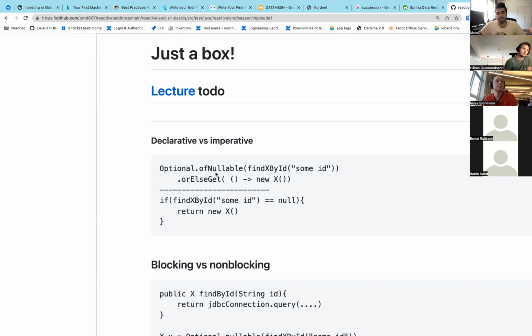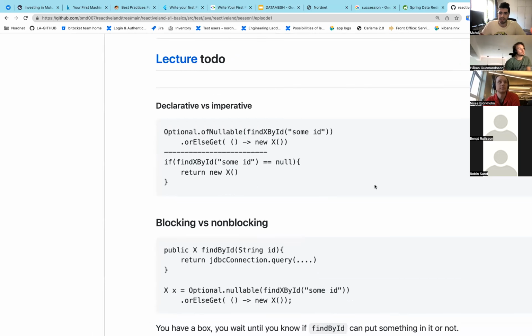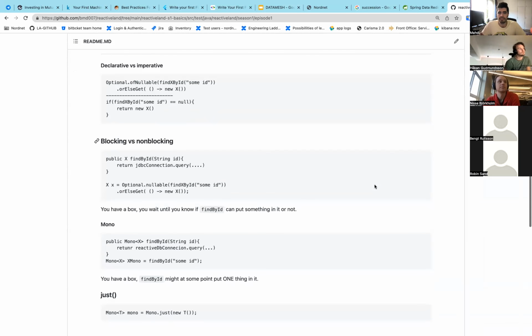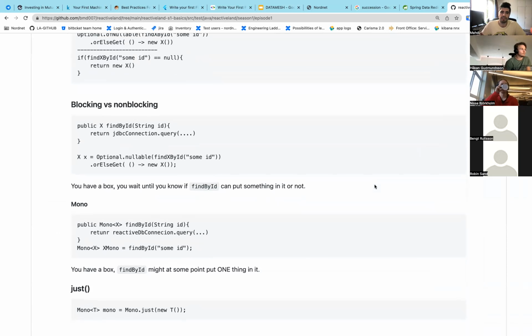You're gonna get a better feeling about this difference later, but from the look of it, this is the difference. We don't do if, we don't do while. We try to avoid this type of code in the declarative way. The other thing that is a big difference between classic and reactive is what I said previously, that reactive